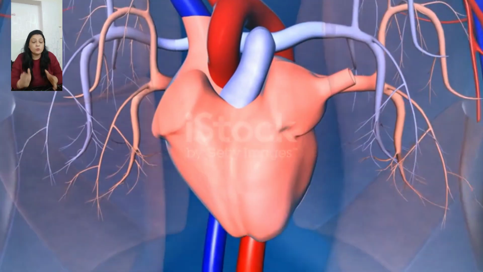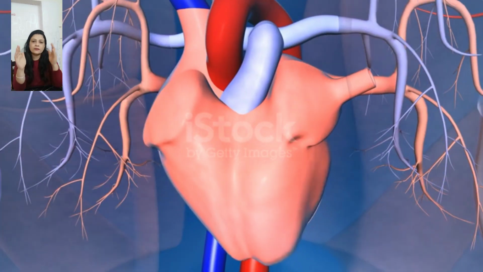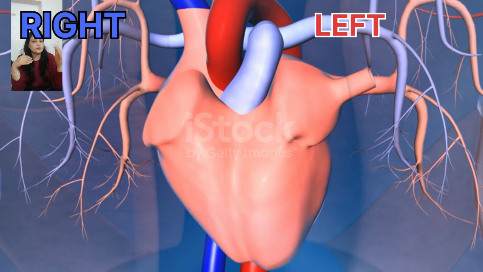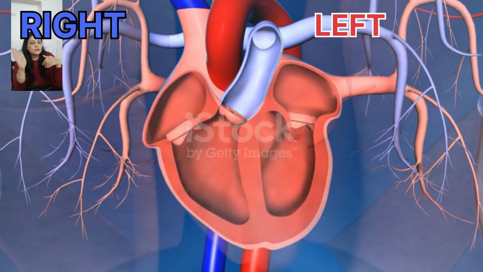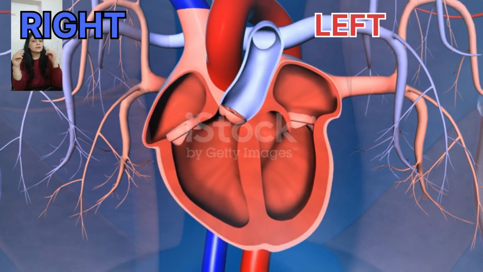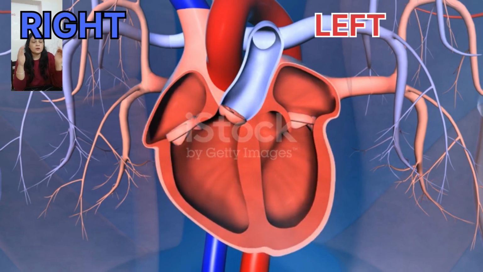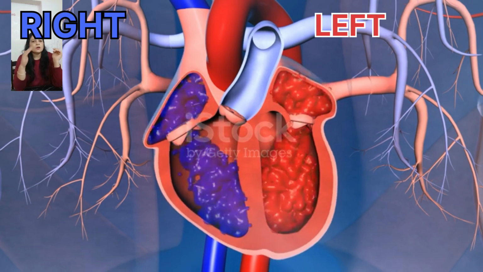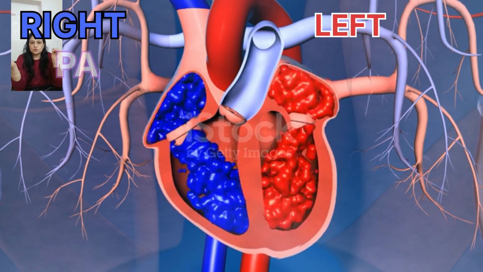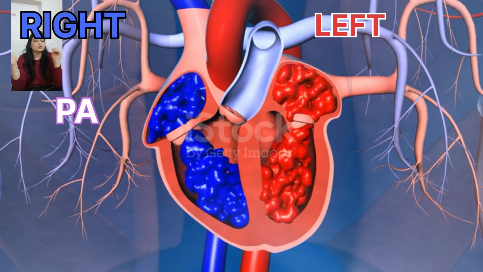So anatomy, we have the right part and the left part. In the right part we have right atrium, right ventricle, and in the left part left atrium and the left ventricle. Right side is having the deoxygenated blood and the left side we have the oxygenated blood. From the right ventricle the pulmonary artery goes to the lungs for oxygenation, and after that that oxygenated blood goes